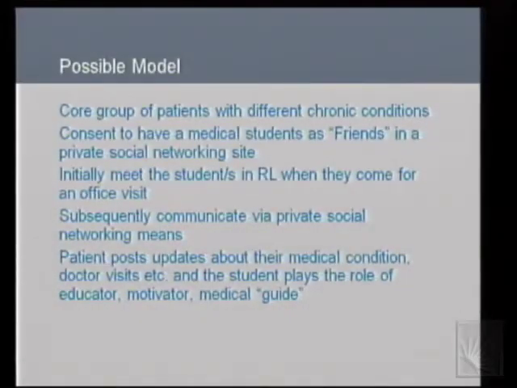So they would be partners with them, act as their educator, motivator, medical guide. And this would not be a substitute for medical care. It's just a parallel thing. But over 4 or 5 years, they would work with them and hopefully learn how to manage chronic conditions, because I think that's where the future is. We're going to be left with a lot of people who are older, with a lot of chronic problems, and a lot of physicians who just know how to manage acute problems. So hopefully we can use a medium like this to encourage them to partner with patients. So those are two possible models that we are working on. So I'll end there. Thanks.